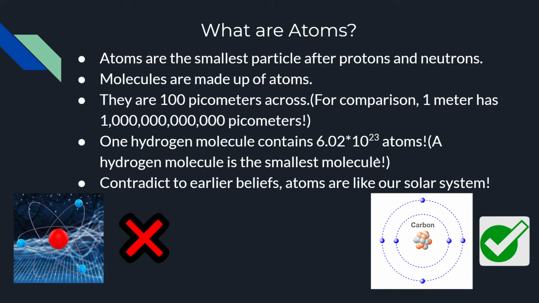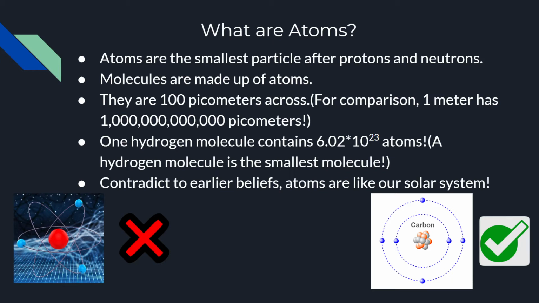They are 100 picometers across. For comparison, 1 meter has 1 followed by 12 zeros picometers. So atoms are very small. Okay. One hydrogen molecule contains 6.02 times 10 to the power 23 atoms. The hydrogen molecule is the smallest molecule